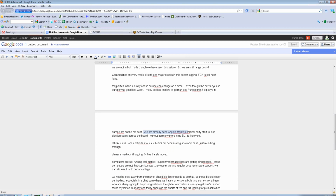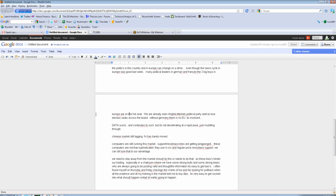So keep an eye on that. If you see the political will start changing, and some of these people that have been supportive of the EU really starting to get their heads knocked off, that could be a tell too, because whoever they put in place to replace these people will be,